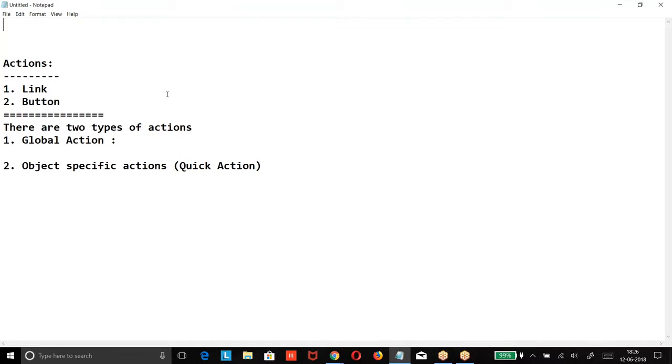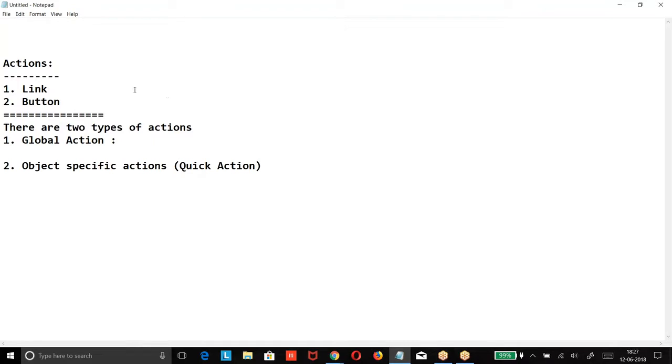If I am able to get the data of a particular object based on this ID, then it may be the same record, same object, or a child object or parent object. Without that, we cannot get it. So there is an association of the action. Every object specific action you perform deals with that object or the corresponding child or parent records, with the object and its related lists. A global action is independent.